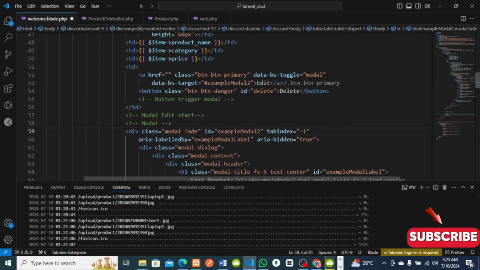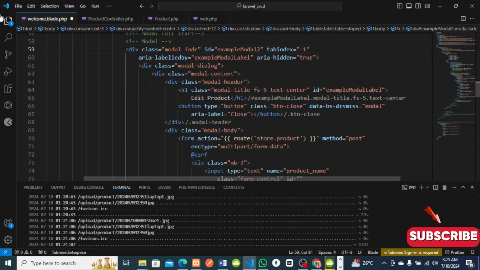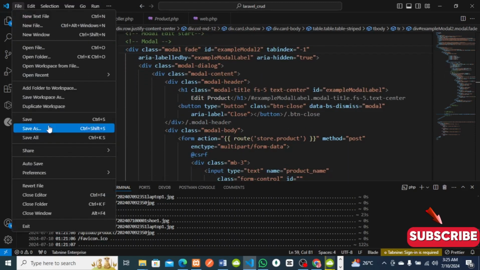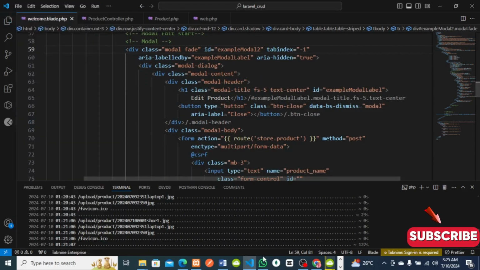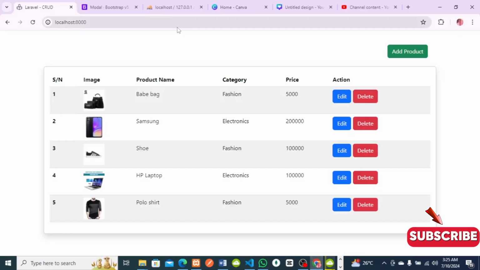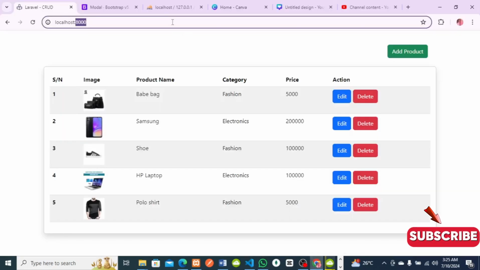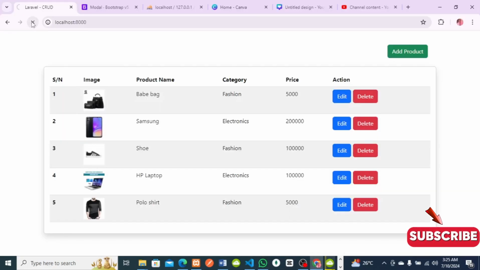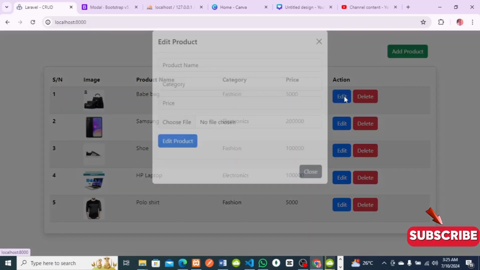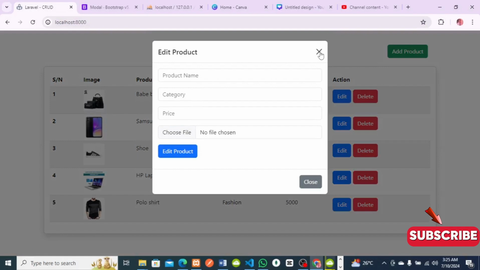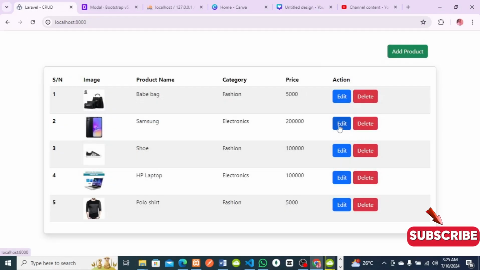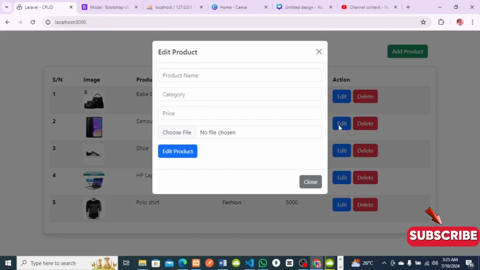Okay, brilliant. So let me save all and let's look at what we have, if the modal is working. Let me just save everything. Okay, so let me just click on edit. So you can see our modal is working. So what I will do now, I want to populate this to reflect the value of the products that we